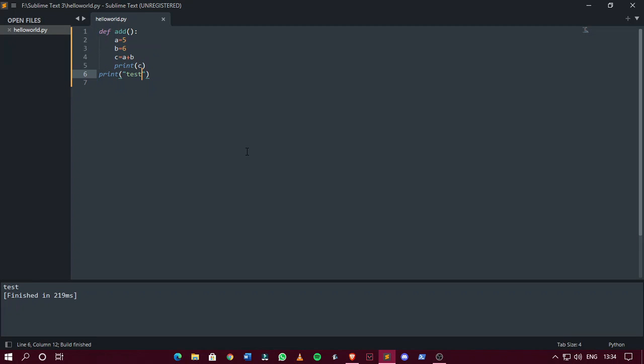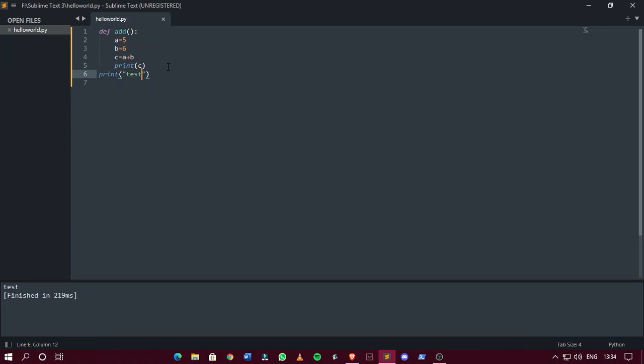Now you will say, then why did we write this add function? It doesn't make any sense, right? No, it does make sense. Let me show you how to call functions pretty quick. So yeah, now to call the function, you need to write